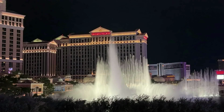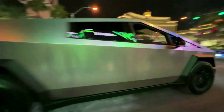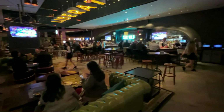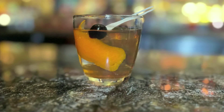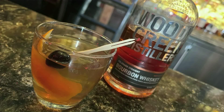No matter where you dine out in Las Vegas, no meal is complete without a cocktail. And for that, we're heading over to the Libertine Social Club at the Mandalay Bay Casino and Resort with a legendary mixologist. And of course, I'm here with the one and only Tony Abagana and Jonathan Scott. And you guys are going to make a fun cocktail. This is the Libertine Old Fashioned, and it features the 2023 TAG Global Spirits Award Platinum winner in the bourbon